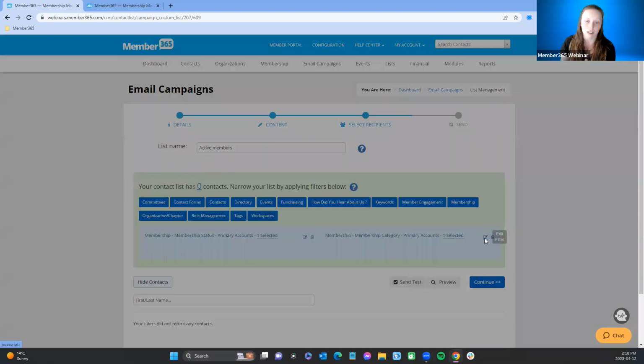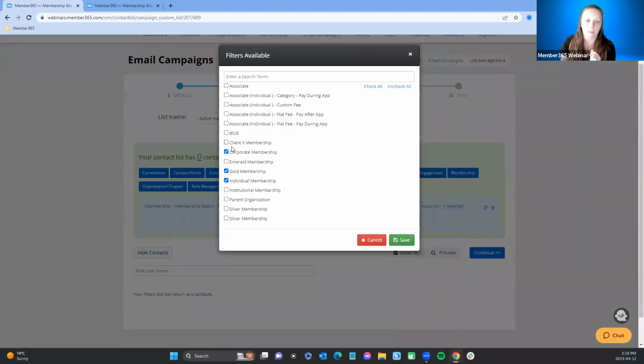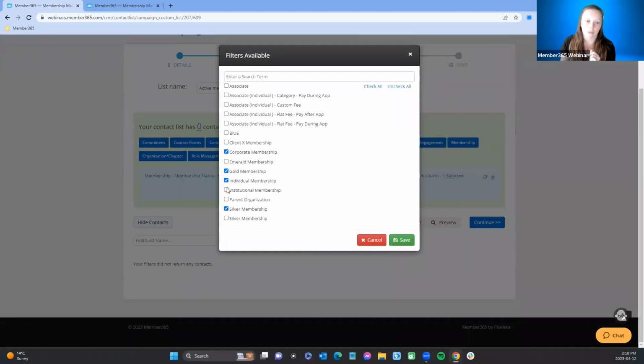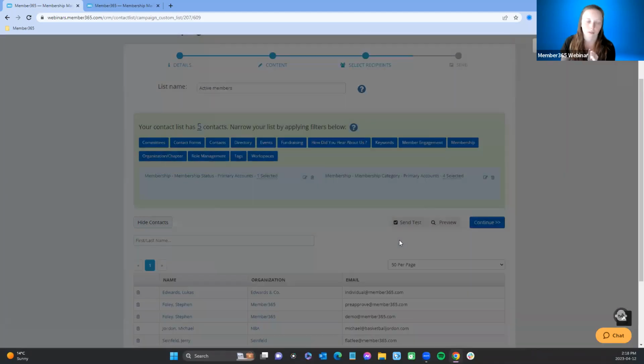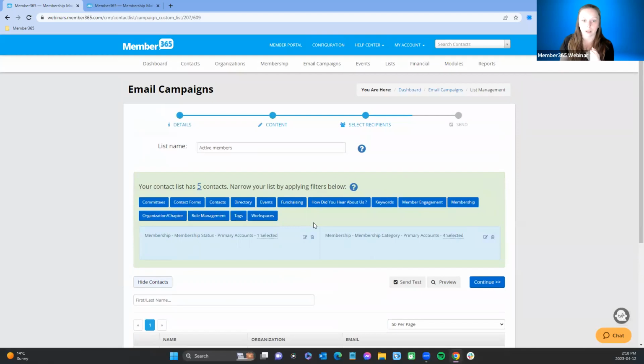I can also adjust this. So I can say, okay, I want them to either be gold or individual and maybe silver, and save. And I have 5 that fit this and statement. They are active and they have specific membership that I have selected. If I wanted an or statement, I would then,